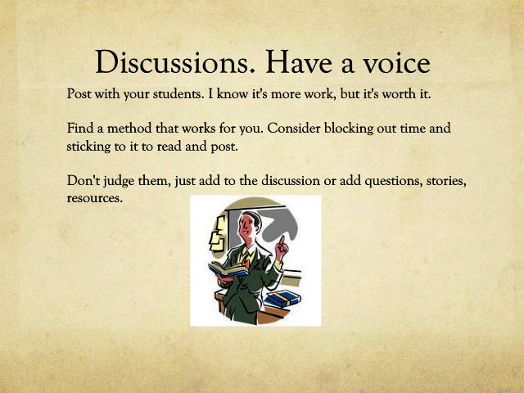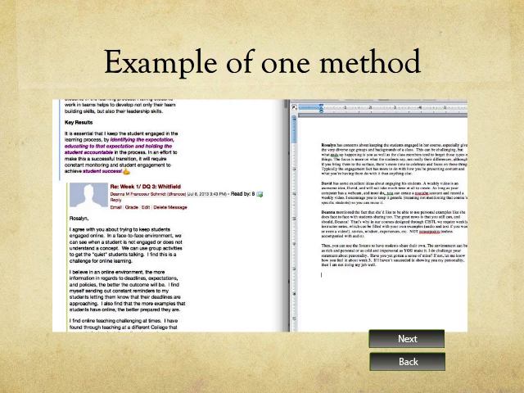One method I've used in the past is open the discussions and a Word window at the same time. I'm going to give you an example of that on the next slide. So, what I do is I have discussions open on one side and I show the whole conversation so all of the posts are open, and then I have Microsoft Word on the other. Then, as I'm reading the posts on the left-hand side, I will respond to some of them on the Word file on the right. I also include the students' names and I highlight them or make them in bold.